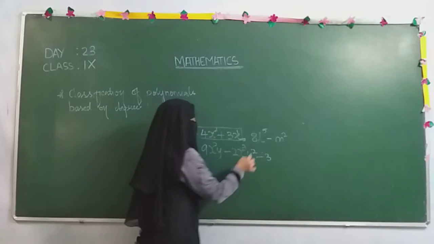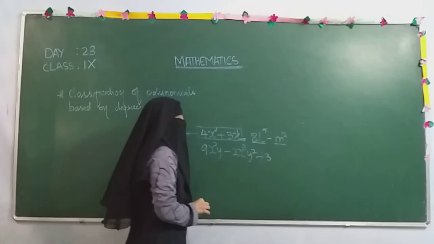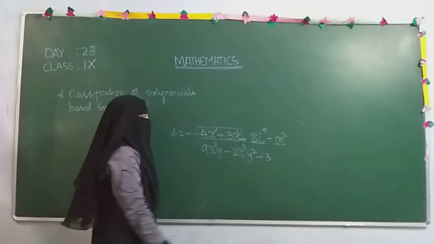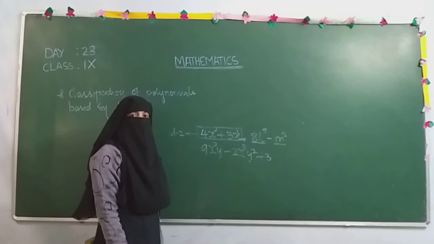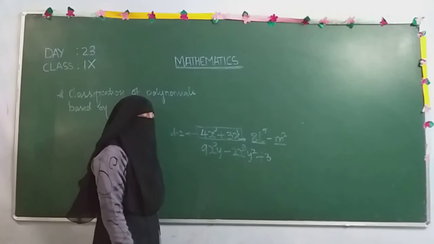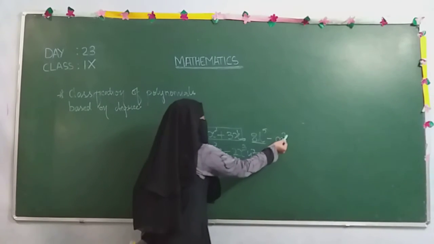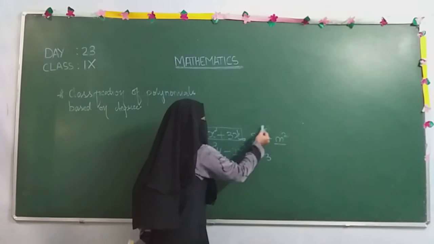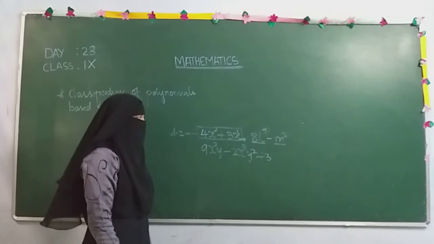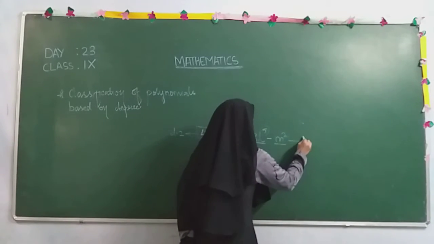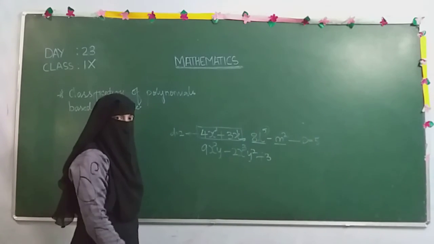Now come to this problem, 8l to the power of 5 minus m square. Here we have two different variables, l and m, so this is called a polynomial in two variables. Now compare the powers. Here the power is 2 and here the power is 5. When you compare, 5 is greater. So what do we call the degree? Yes, exactly. The degree of this polynomial is 5. Hope it is clear to you people.